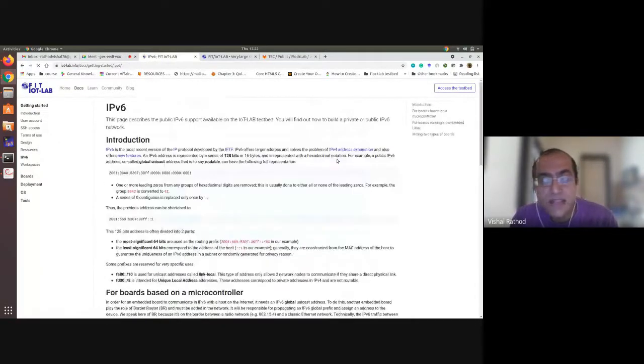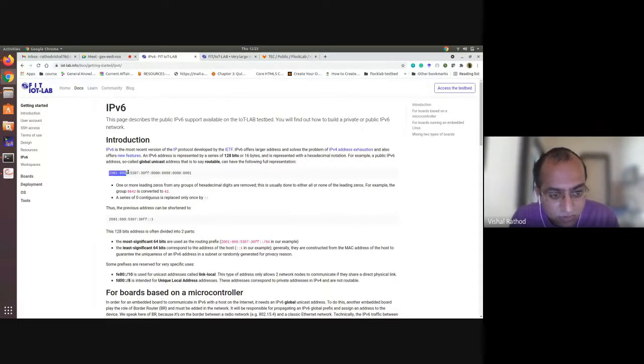Now one of the main things is IPv6. All these testbeds run on IPv6 addresses, not IPv4. Inside the premises, there are two types of IPv6 address: one is the private IPv6 address and one is the public IPv6 address. The private IPv6 address is for inside the premises, the local network. But now you are accessing from a remote location, right? So they have to give the permission to you. So always you have to use the public IPv6 addresses. They are already predefined.